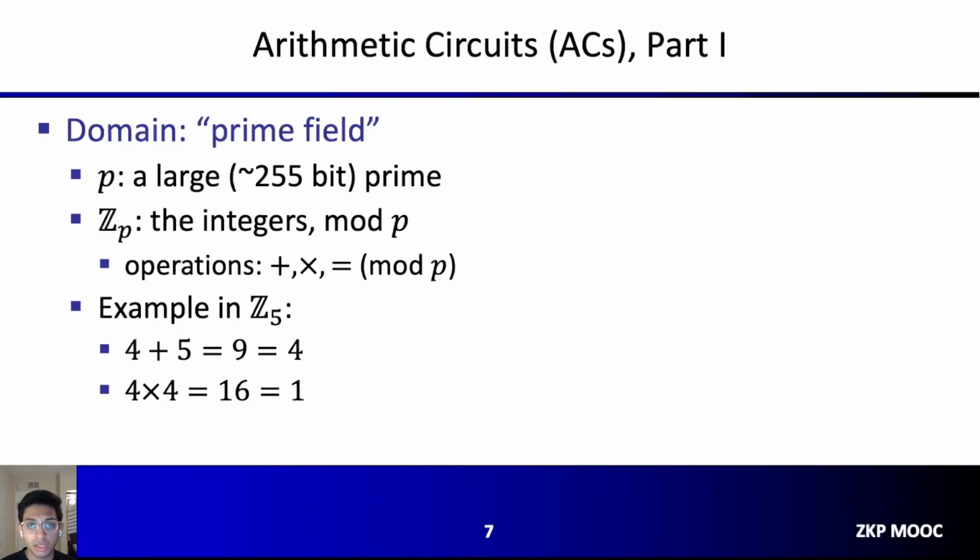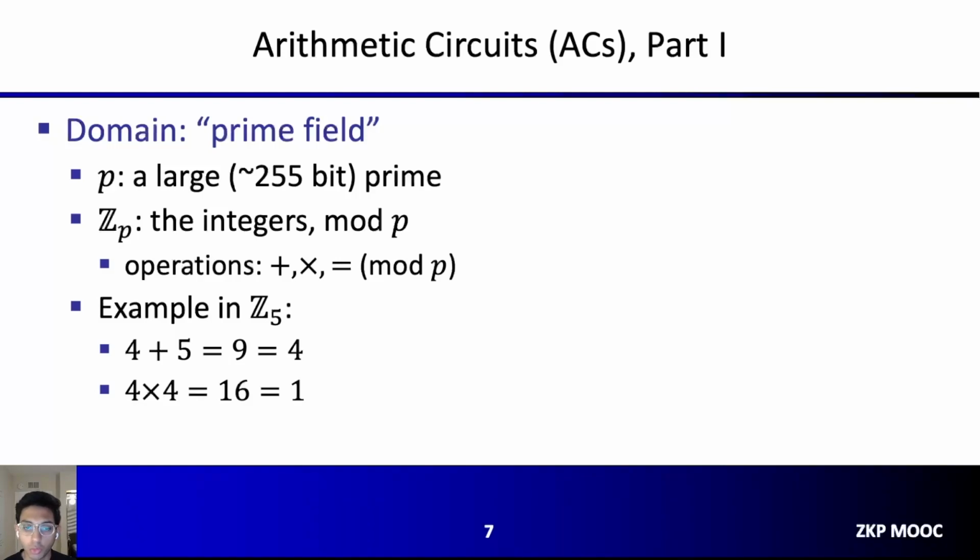But you replace the Boolean gates such as ands and ors with arithmetic gates such as additions and multiplications. Furthermore, all this arithmetic is performed over what's called a prime field. You can think of this as the integers modulo some large prime p. So your addition and multiplication all happen modulo p. One example would be p equals 5. Then if you want to add 4 and 5, you'll get 9, and then mod 5, that is 4. Similarly, if you want to multiply 4 by 4 mod p, you'll get 16 mod 5,